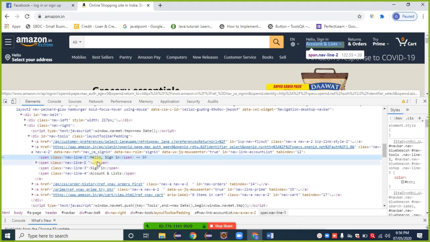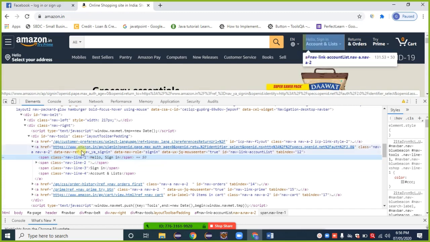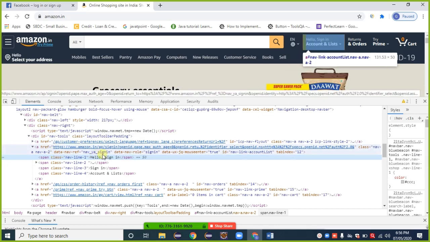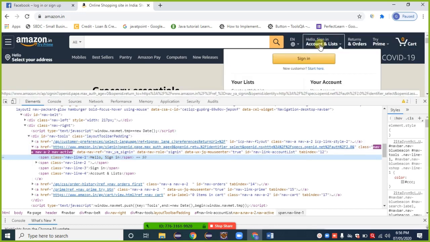The next line, Account & Lists, gets highlighted. Then this total belongs to the button, a reference over all these things. So we can go with any one. The result is similar. I click here, here, here, and lastly that button gets pressed because the area is very large.